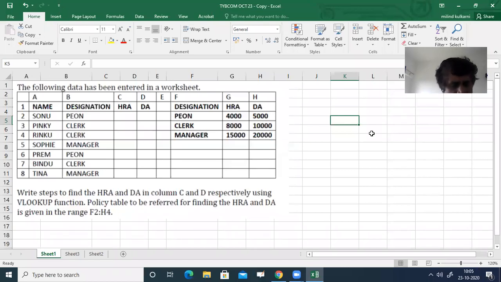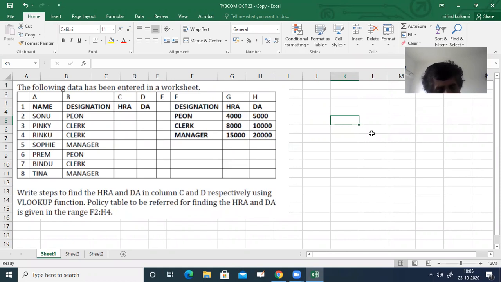Next function is the use of lookup. There are two types of lookup function: VLOOKUP and HLOOKUP. In VLOOKUP, V stands for vertical and in HLOOKUP, H stands for horizontal. Okay. In this example, our aim is to find out HRA and DA in columns C and D respectively using the VLOOKUP function based on the policy table.